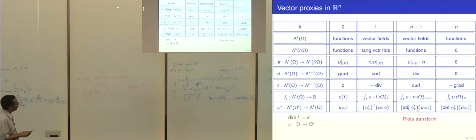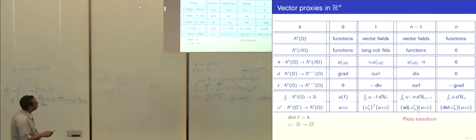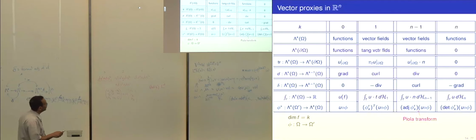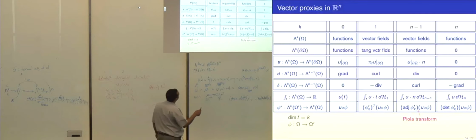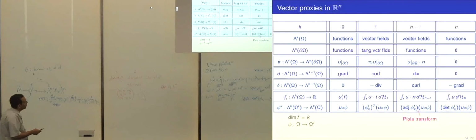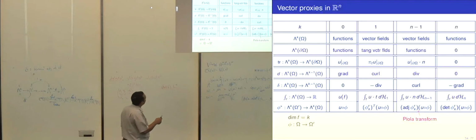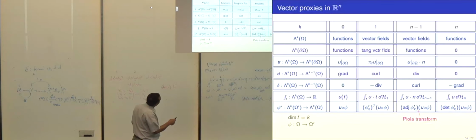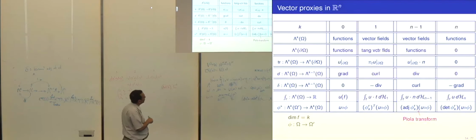The D operators are, of course, grad, curl, and div, where this curl has to be understood in n dimensions as taking a vector field to a skew matrix field, which would be the next thing. In 3 dimensions it is a vector field to a vector field. And then when you get out to n minus 1, this takes vector fields to scalar fields. That's the divergence. And the other ones that are in between don't have names. They're just D. And now the delta is the formal adjoint of the previous D. So for 0 forms, delta is 0 because it maps to minus 1 forms. For 1 forms, delta is negative div. For n minus 1 forms, it's the curl. And for n forms, it's minus gradient.